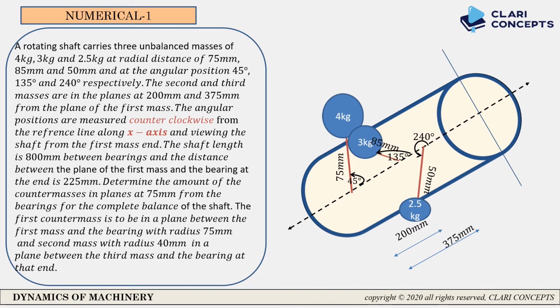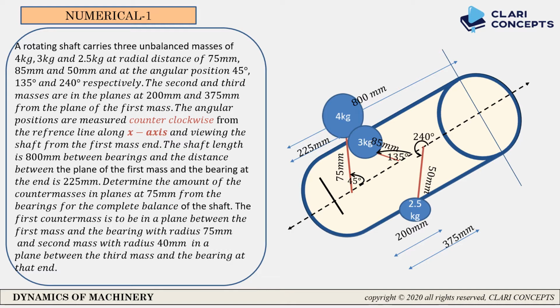Viewing the shaft from the first mass end, the shaft length between bearings is 800 mm, and the distance between the plane of the first mass and the bearing at the end is 25 mm. It means the distance from one end to the first plane is given, which is 25 mm. Determine the amount of the counter mass in planes at 75 mm from the bearings